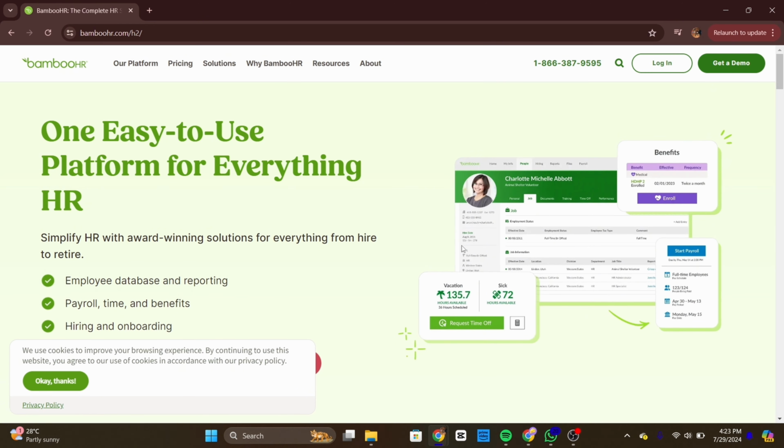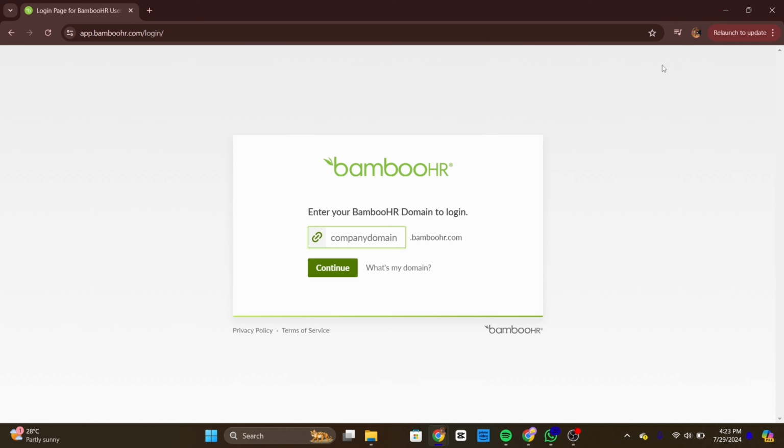On the right side of the screen, tap on the login button. On the login page, enter your company domain, then tap on continue. Then you will need to enter your password. If your company has two-factor authentication enabled, you may be prompted to enter a code sent to your phone or